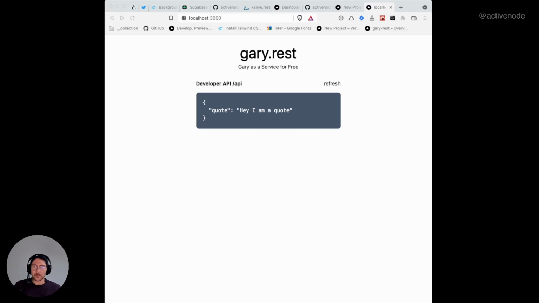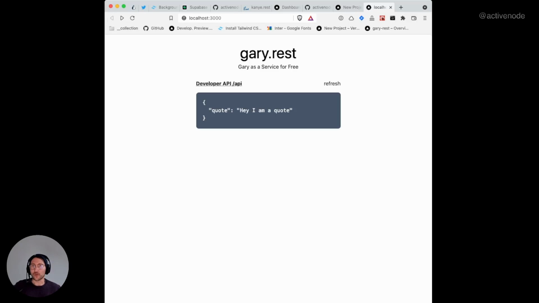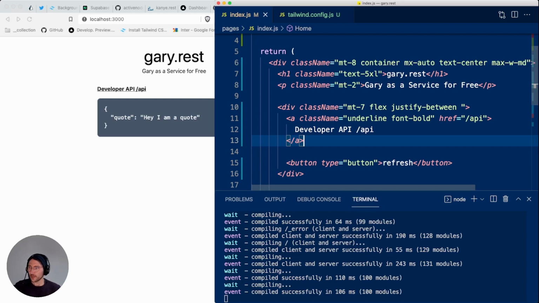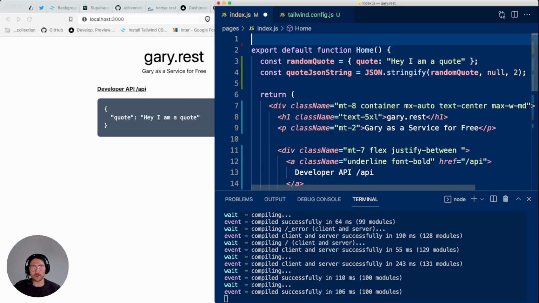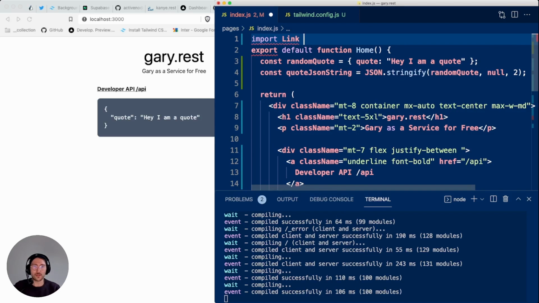All right. So since we have the design now, the next thing we want to do is that when you click on the API link, it will actually show a random quote, or basically the hard-coded quote. So there's one more thing we need to do, which is actually using the Link component from Next.js, because Next.js expects the Link component to be used instead of the A element, and that's because it will do some magic behind the curtains.